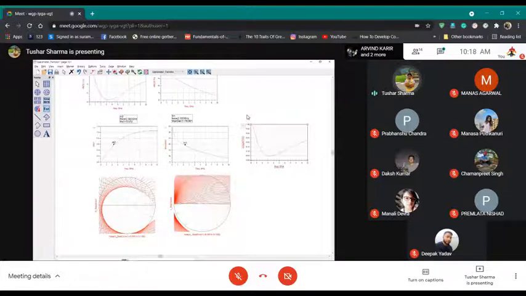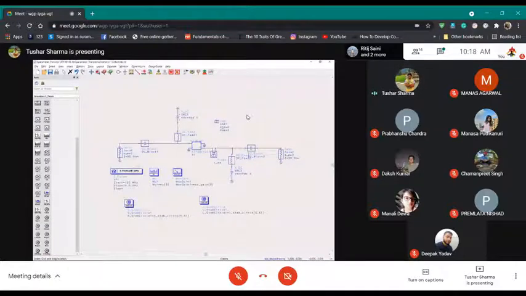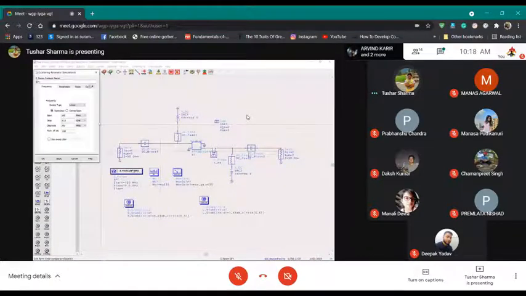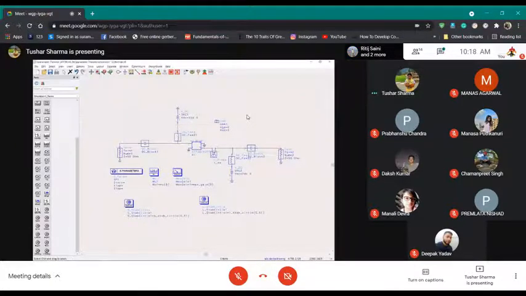Now, since we are more interested in 2.3, that's the frequency of operation, let's go back and set S parameters only at a single point. So instead of linear, just do single point, and at single point, do 2.3 gigahertz. Okay, and when I run it,